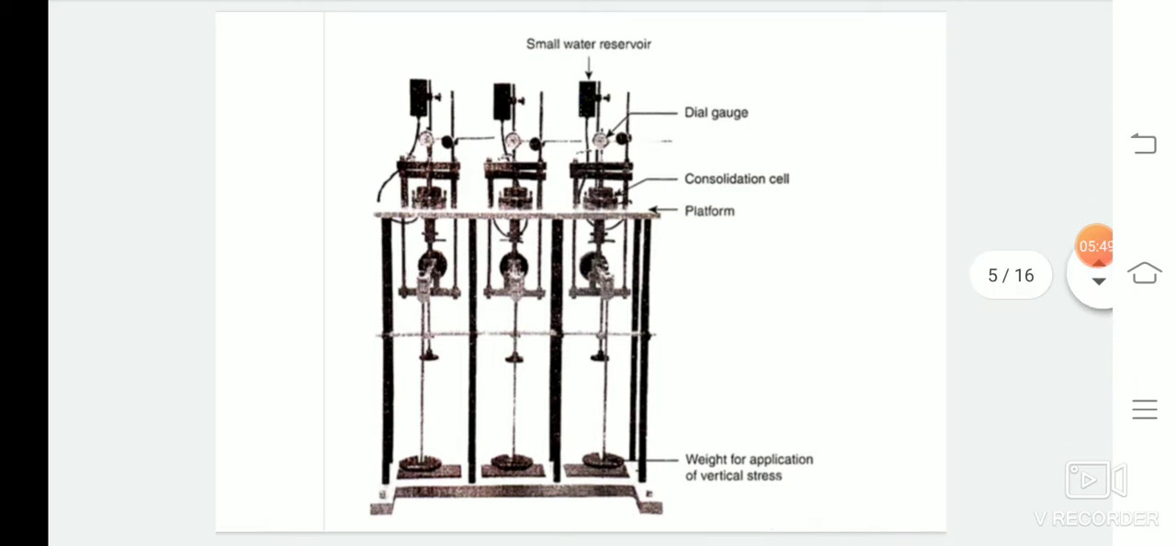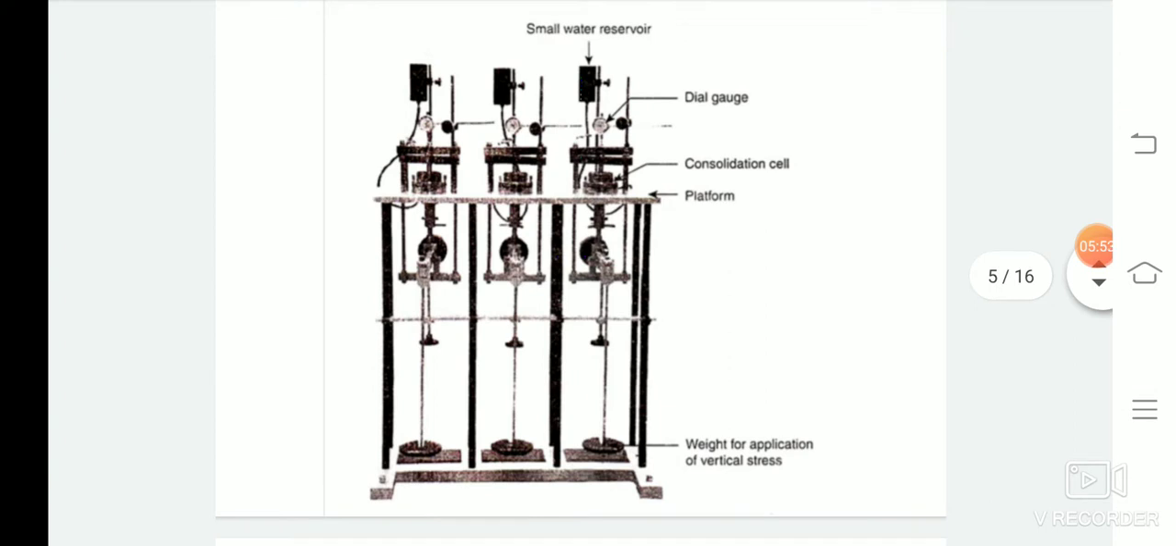The load is applied by placing standard weights on this loading arm of the odometer, as you can see in the figure, to cause the required final stresses of 10, 20, 50, 100, 200, 400 and 800 kN per meter square on the specimen in successive load increments. The settlement dial gauge readings are then taken at regular time intervals. For instance, when the stress of 10 kN per meter square is applied,